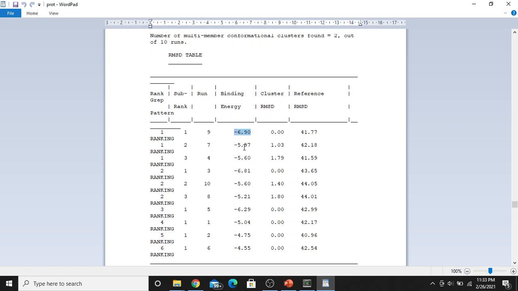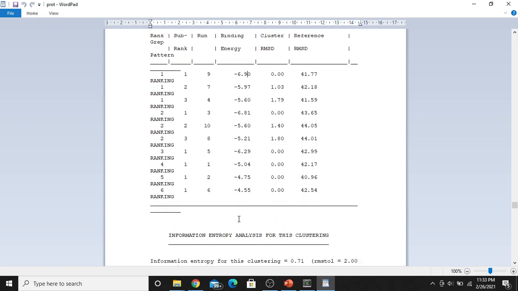A binding energy of about minus 6, minus 7, minus 8, or a numerical value greater than 6, is considered to be fine. The higher the negative value, the more stable it is. Minus 6, minus 7, minus 9, minus 10: minus 10 is the most stable structure. So this is the most stable docked conformation.